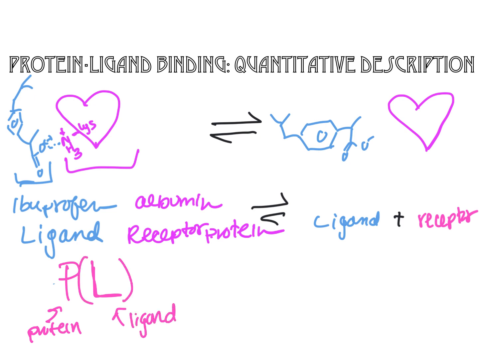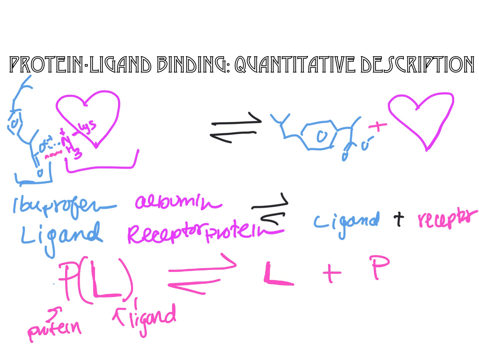And I could put parentheses and a 1 here, but that's sort of moot. But that means that when the two letters are together, the two pieces are connected. They're connected non-covalently. And those are in equilibrium with the ligand being free of the protein receptor. So L plus P. So L, or ibuprofen, not bound to the serum albumin. Okay, so that's my way of trying to connect some of the words and the nomenclature with a cartoon